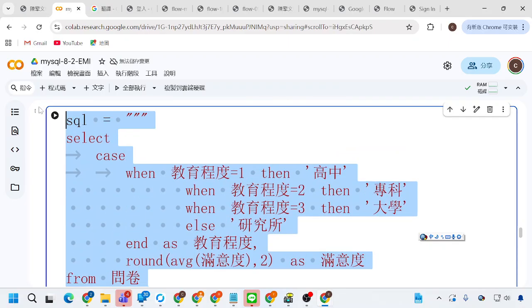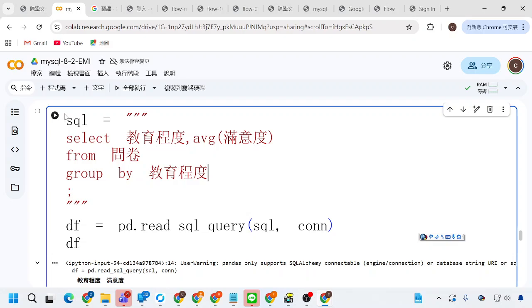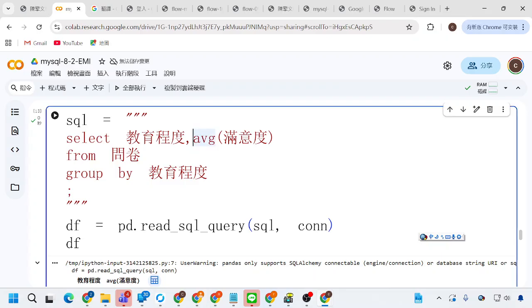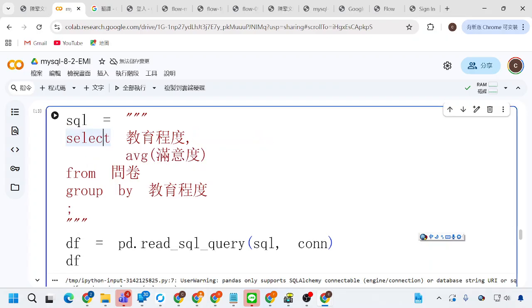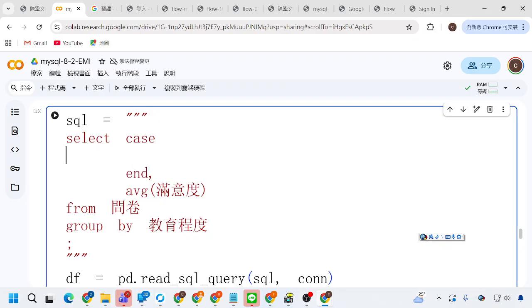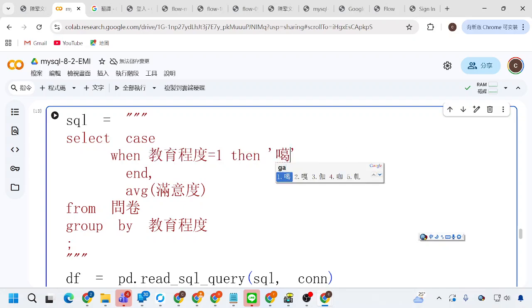Here is the previous result. I want to change this. So here the education level, I want to change from the number to the text. So I want to use the case, and we have many cases. First case is for the 教育层 education level, which is 1. Then I output the high school,